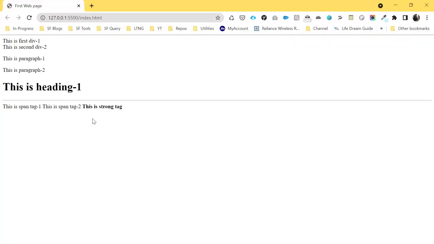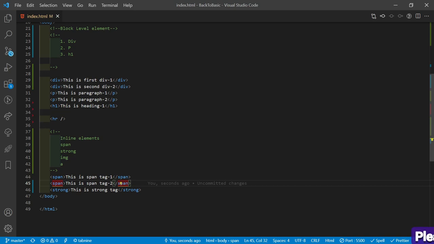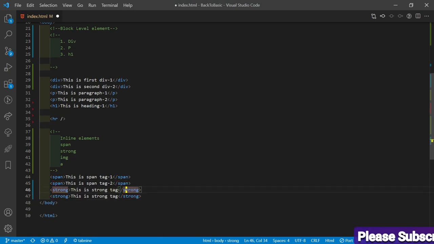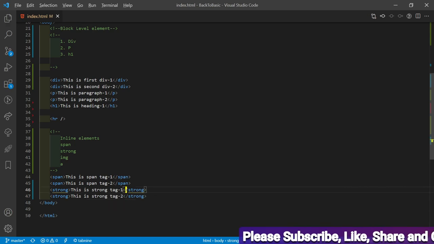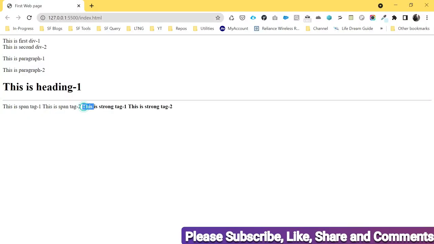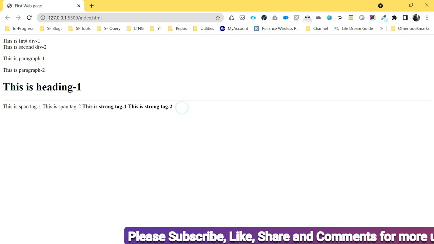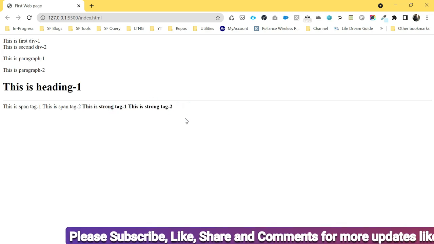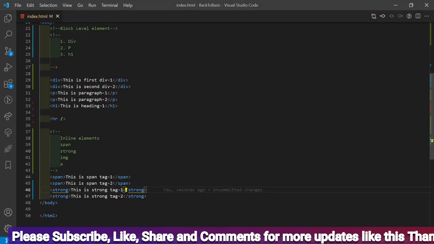Just save it, and here you can see this is strong. The same thing you can apply to another tag, like this is strong tag 1, this is strong tag 2, something like that. And here you can see both tags are coming on the same line, like tag 1 and tag 2. Okay, this is called an inline element.